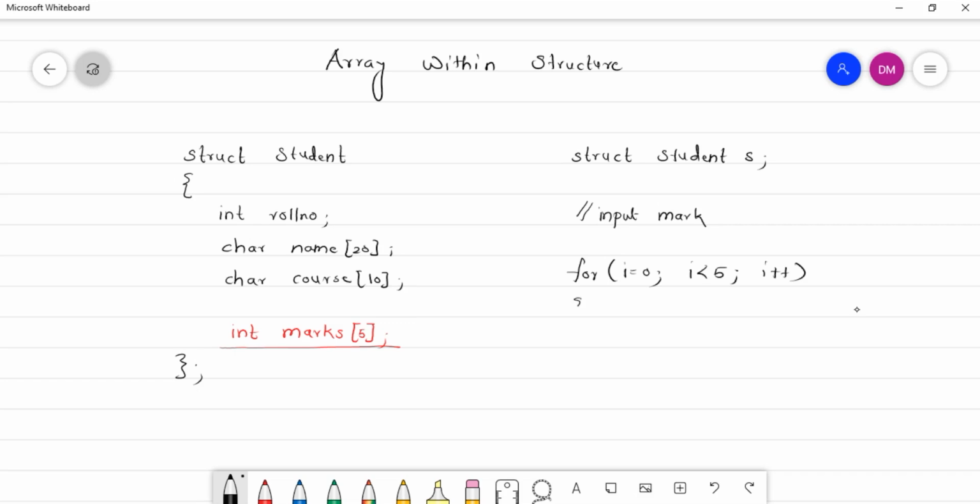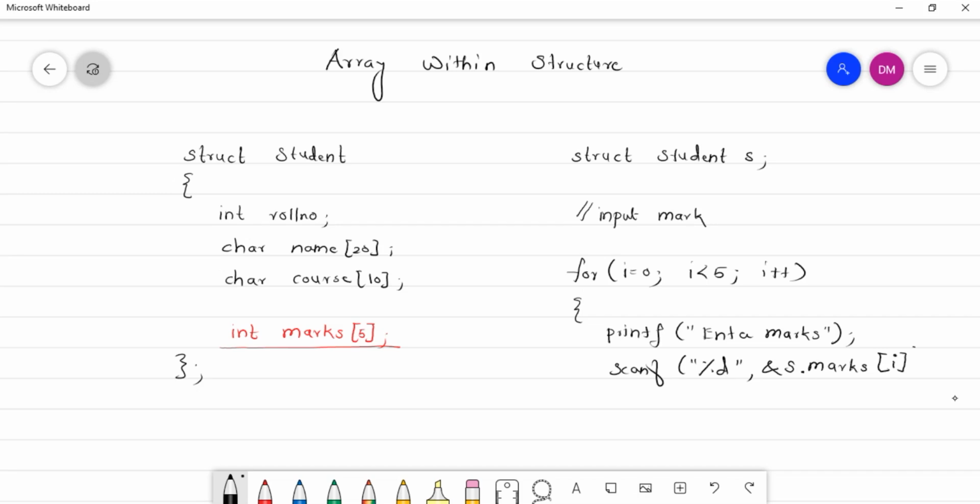Then we will write one printf statement, so it will be user friendly. Say "Enter marks", right? And then we will say scanf with %d, because marks are of type integer, ampersand. What is my structure variable? The structure variable is s. So here I'll say s.marks[i].